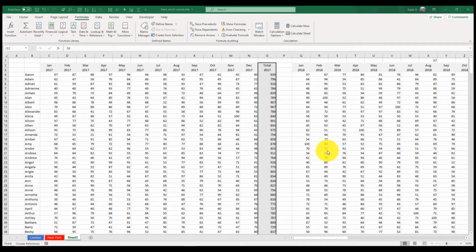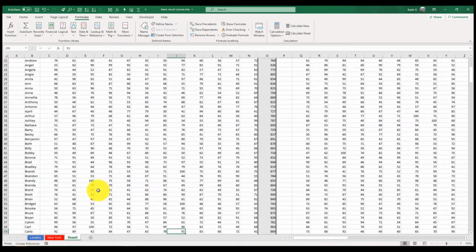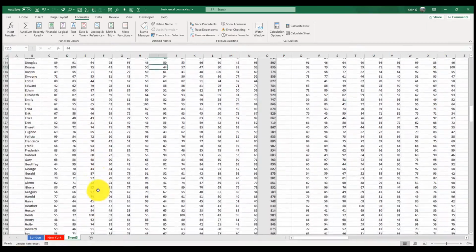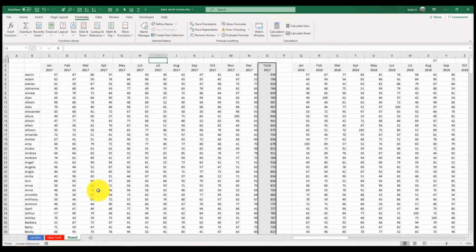So the next thing I'm going to show you is actually really useful, which is how to freeze rows and columns. And again, a lot of people don't know how to do this, but supposing you're scrolling down, as you see, you've suddenly lost all the column headings. You don't know which month you're in. So you have to keep on coming up, seeing the month, and then down, and it's a bit of a nightmare really. So you want to learn how to freeze the column headings, and the same thing with the names